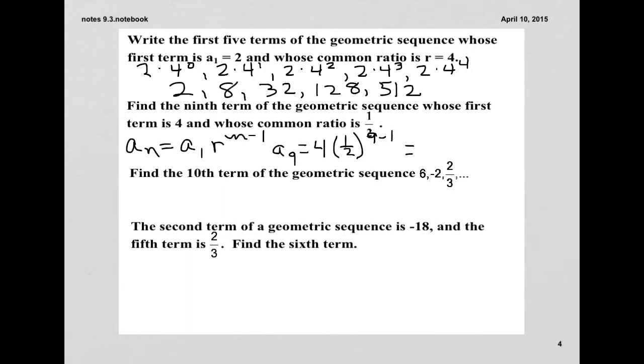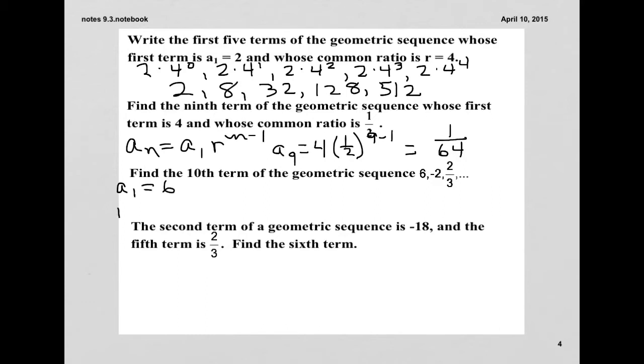And that's going to be equal to 1 over 64. So there's our 9th term. Okay, let's try another one. Let's look at our 10th term. Well, first thing we need to do is we know what a sub 1 is. A sub 1 is 6,